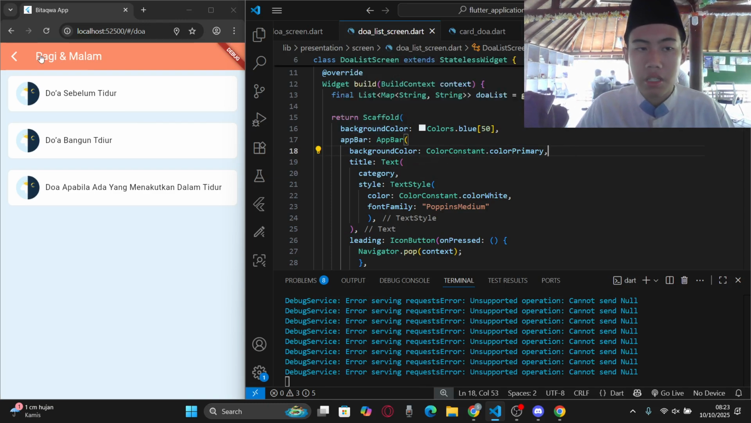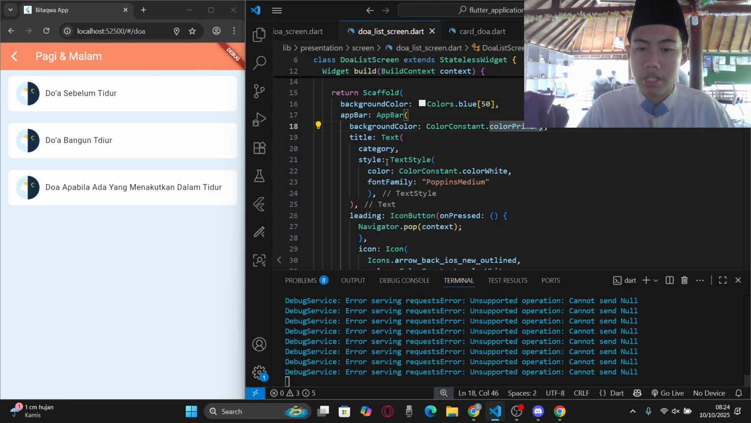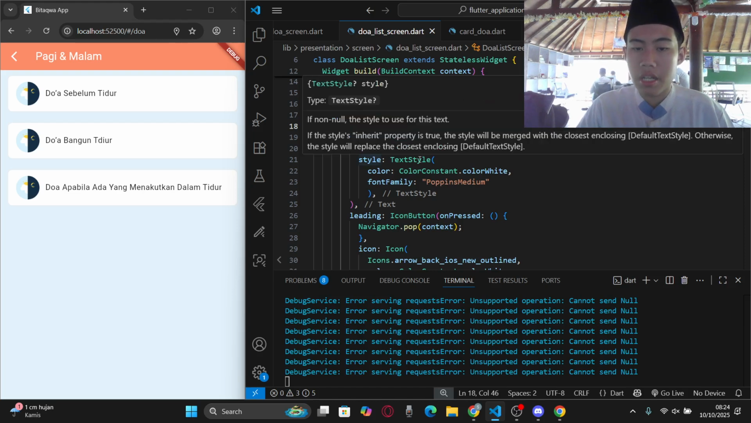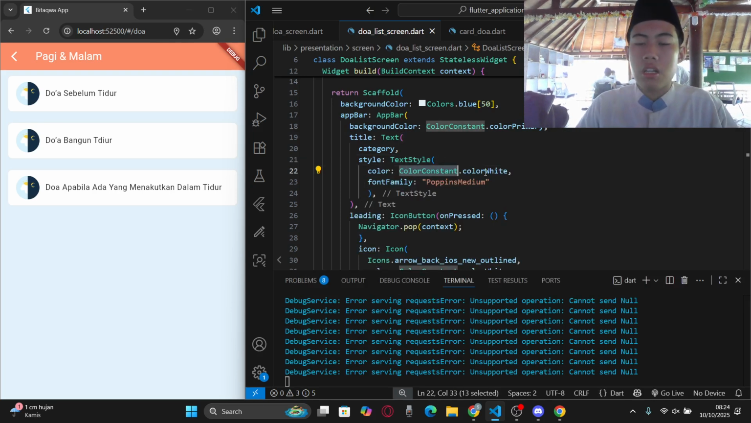So now we're going to make the top part over here, the header. So we're on the background color primary, which is orange. Then the title is a text, the category, and then we need a style, a text style. What's the text going to look like? The color is white, and the font family is Poppins Medium,